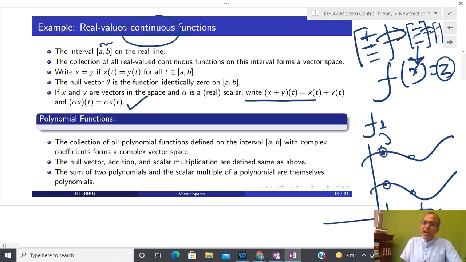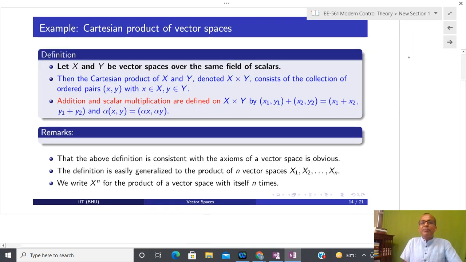Okay, so no extra hardware is now required even if I have some kind of function that is multi input multi output function. Okay, now let us come to the Cartesian product of two vectors.